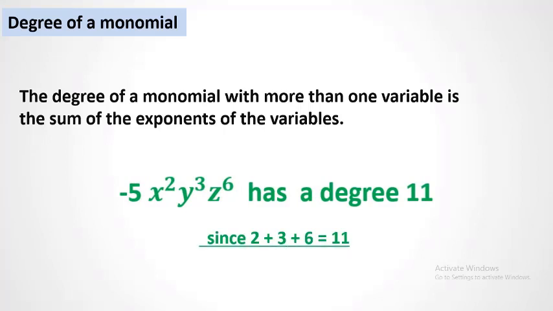What about the degree of x in this monomial? We can ask about the degree of x in this monomial. Then we should look only at the exponent of x. If we ask what is the degree of x in this monomial, the degree of x is 2. If we asked about the degree of the whole monomial, we should add the exponents of all the variables. But if we asked only for the degree of one variable, we should look at the exponent of this variable.